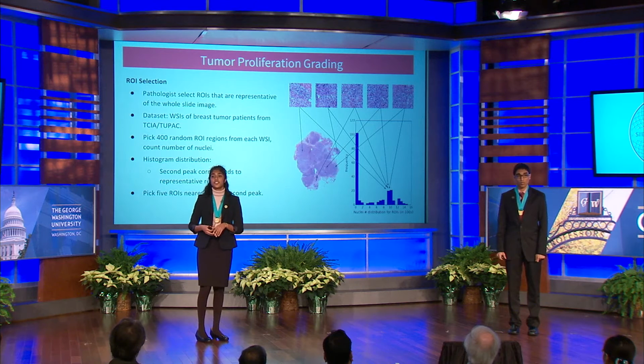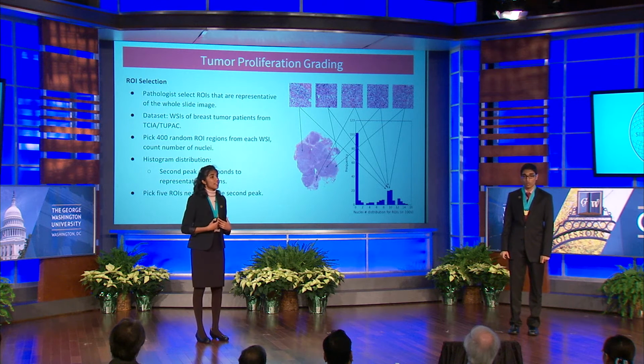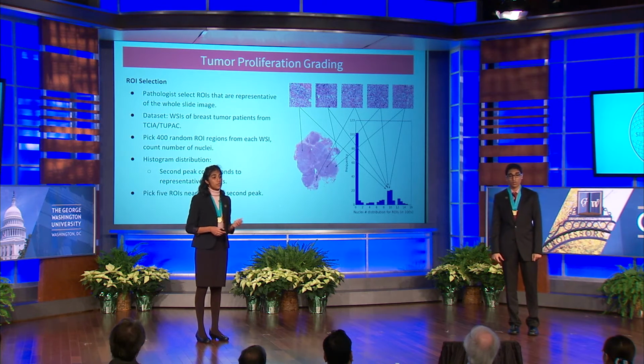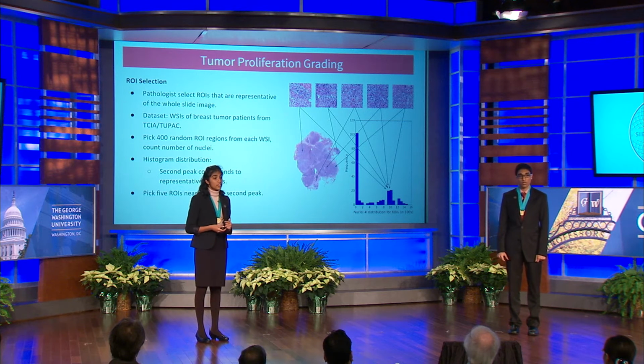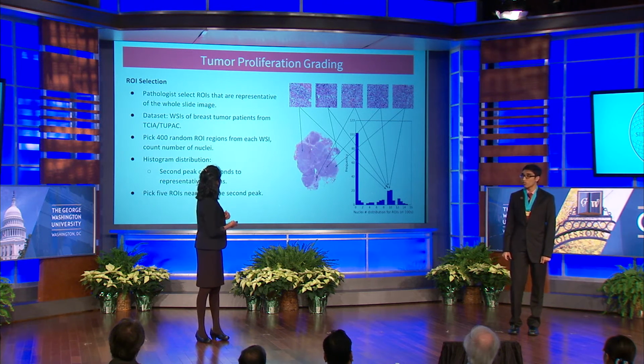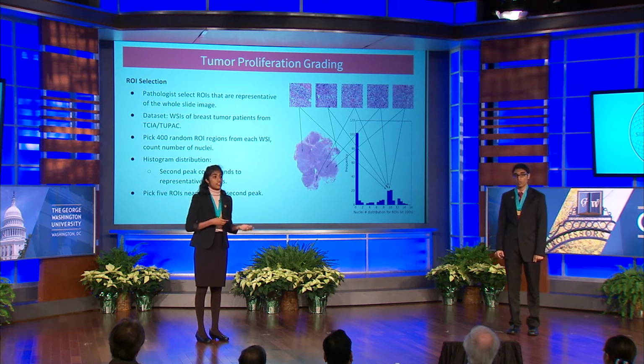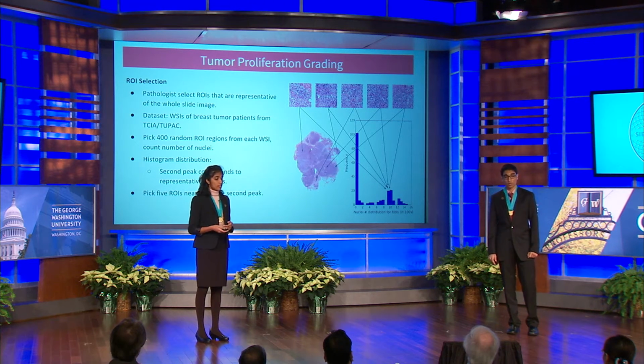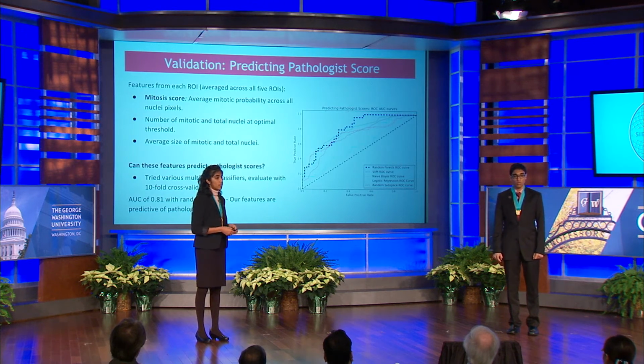While pathologists do this by using their intuition, we use data. So for each whole slide image, we randomly sampled 400 regions of interest and then plotted their nuclei number distribution, as in this chart over here. The first peak is where there are 0 nuclei, so it's the white space surrounding the tissue. Therefore, we chose our representative regions from the second peak and use that in the next part to get 5